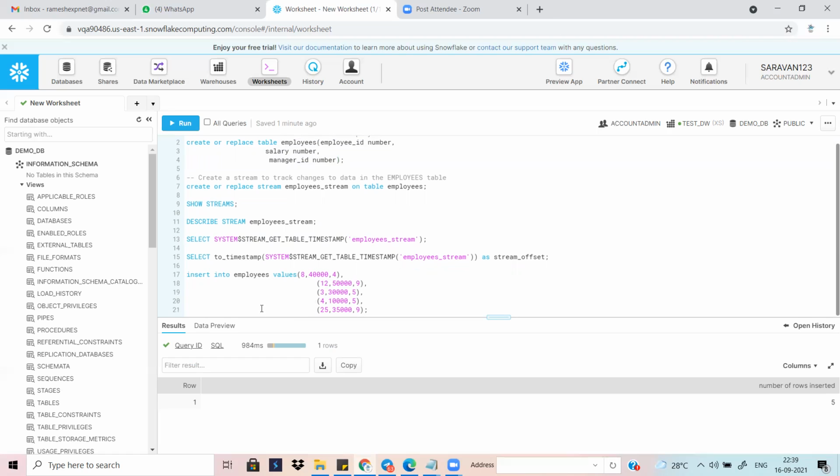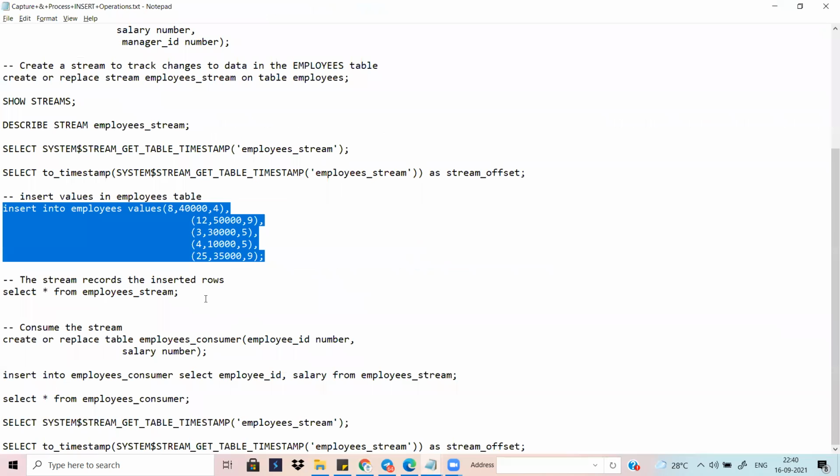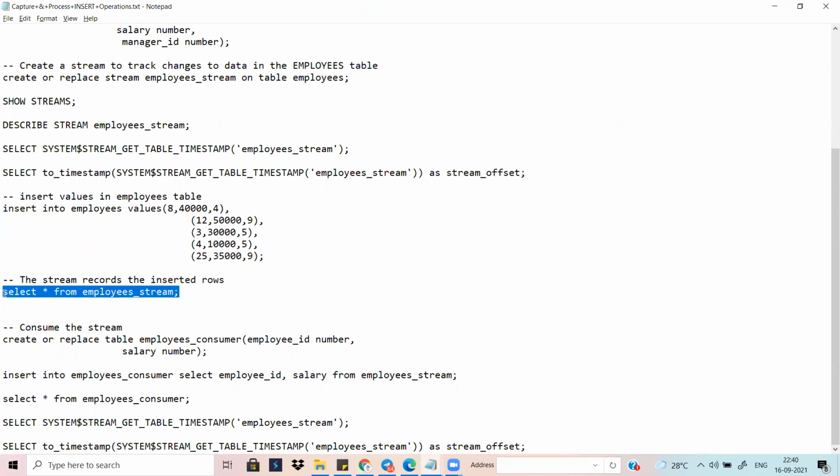Okay. Yeah, you are inserting the five records. What happened? These five records are successfully inserted. Okay, you are checking that. Right now you can check the stream also.